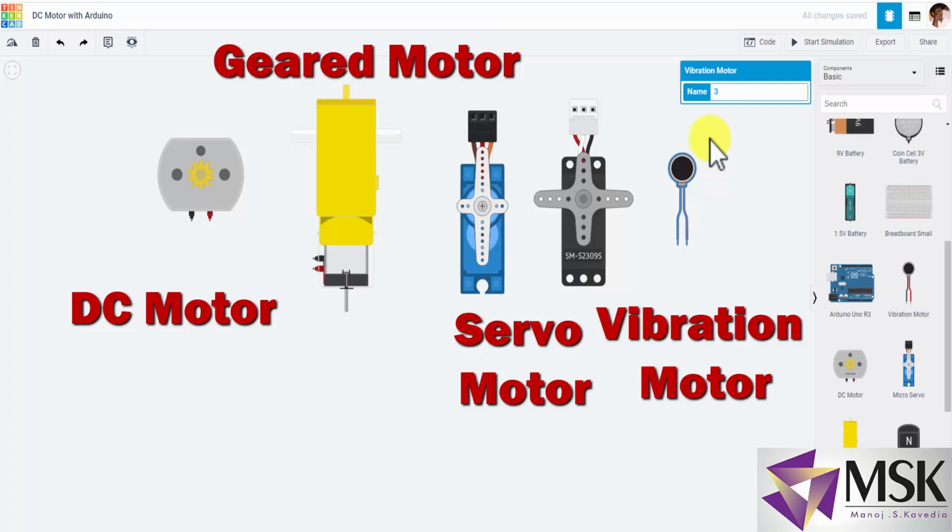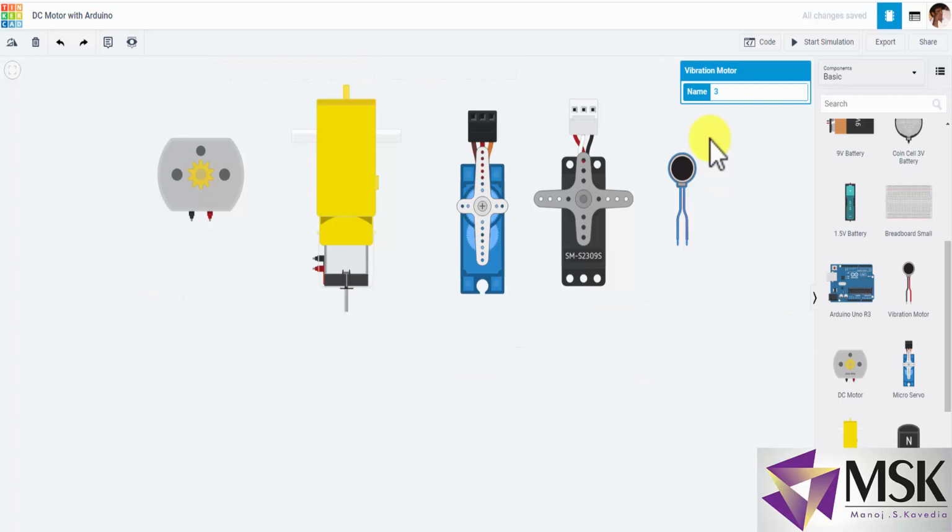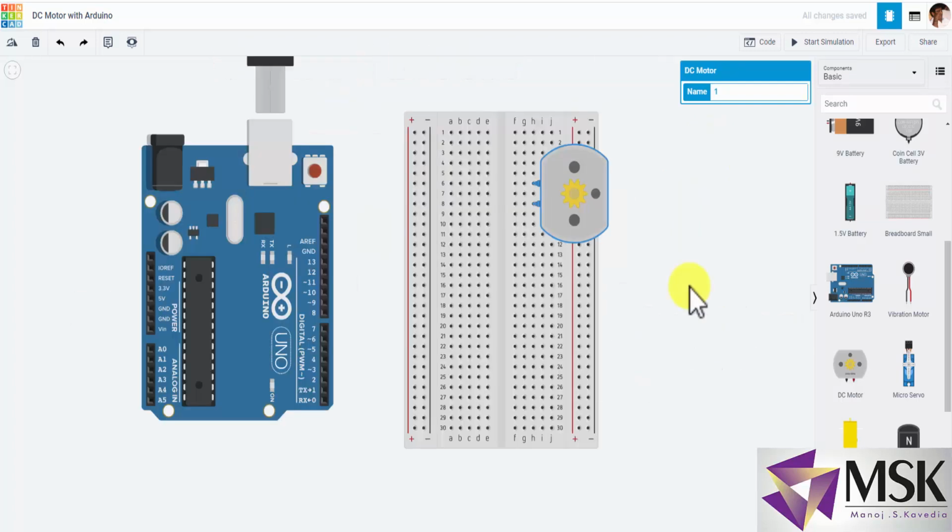Now let's see how I can interface motor with Arduino and how I can control the speed in many different ways. We'll be seeing one by one interfacing of different motors in my different lectures. So in this lecture I'll be explaining how to interface motor and how to control the speed of a motor with a potentiometer and analog input. In this interfacing I have taken three components. One is breadboard, other is Arduino, and the third one is DC motor.